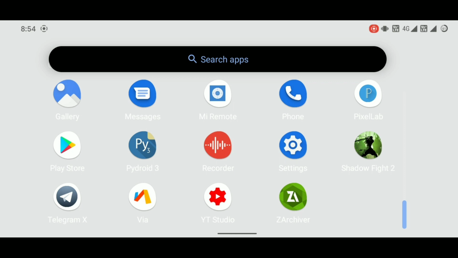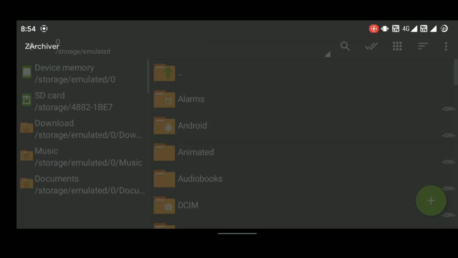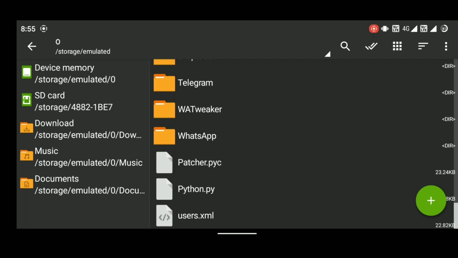In my case, I use ZArchiver as it's my favorite. In ZArchiver, you have to paste the patcher.pyc file from the download folder to this root directory. You can ensure that it's the root directory by seeing the title bar where you can see that 0 is typed here, or you can just click on device memory and you will be in the root directory.